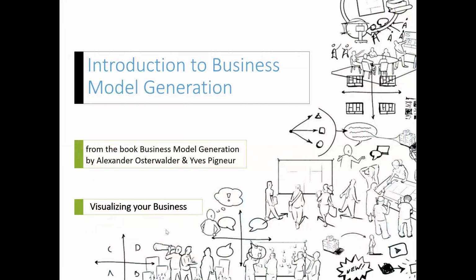So I pulled some slides off of Alex Osterwalder's site. His site is so great. There are so many tools and ways that, if you're a company listening in, there are lots of great tools on their site. As well, if you're a coach and haven't been there, you should take a look. Really good, great examples. I'm going to show a couple of examples here, but this is all attributed back to Alexander and his team and